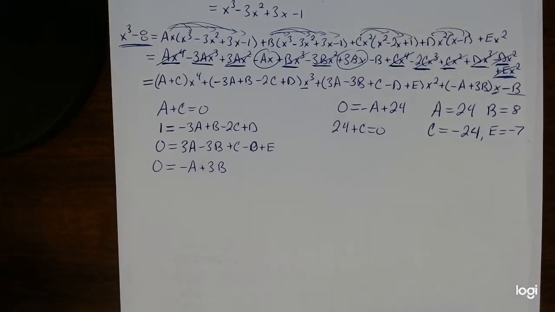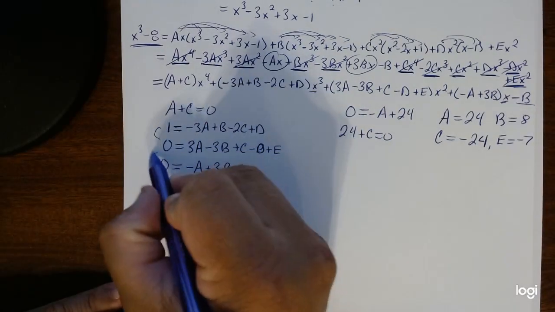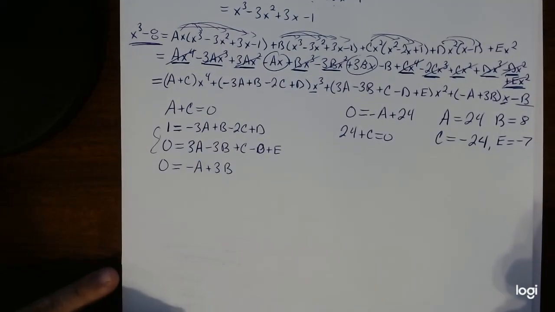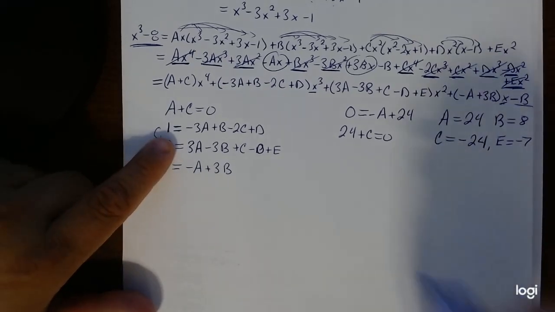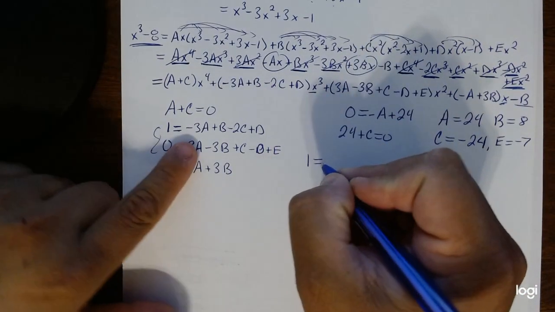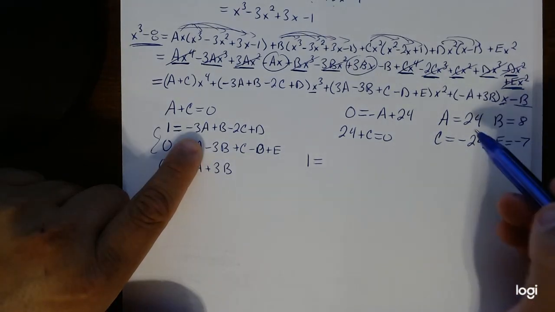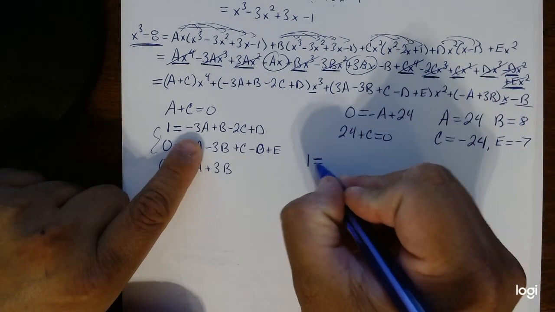So notice we're pretty much done. We just need one more letter. We have a, b, c. Now we just need d. And for d, you can literally use any of these two equations to do so. So just for fun, I'll just use the first one here. So we know 1 must equal negative 3 times a. So negative 3 times 24